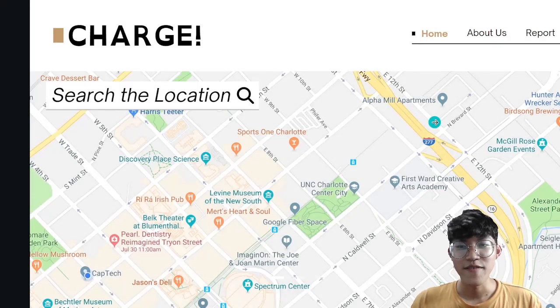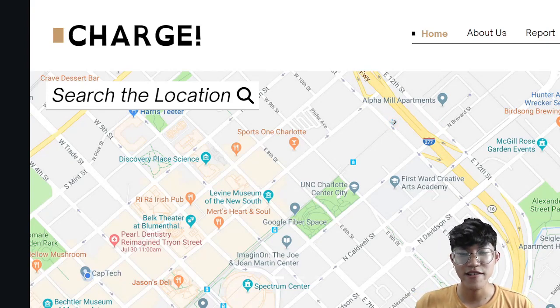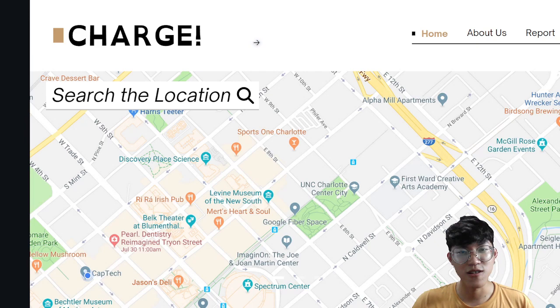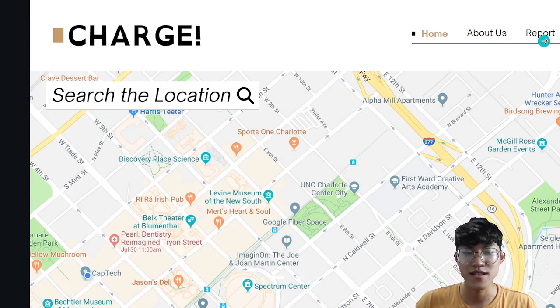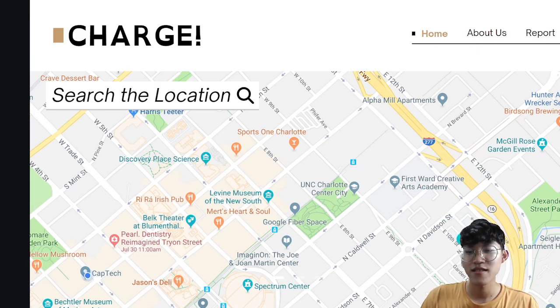Okay, for the user interface of our website, this is what we wish to design and decorate our website to look like in the future after refining. We have our title at the top and the search bar right below it. On the left side, we have the home button to another page, the about us tab, and also the report button. On the bottom of the page, we have the favorite button, which will open up a drawer from the bottom, the add location button, which allows users to register a new establishment, and the settings button, which will open up a drawer on the right.